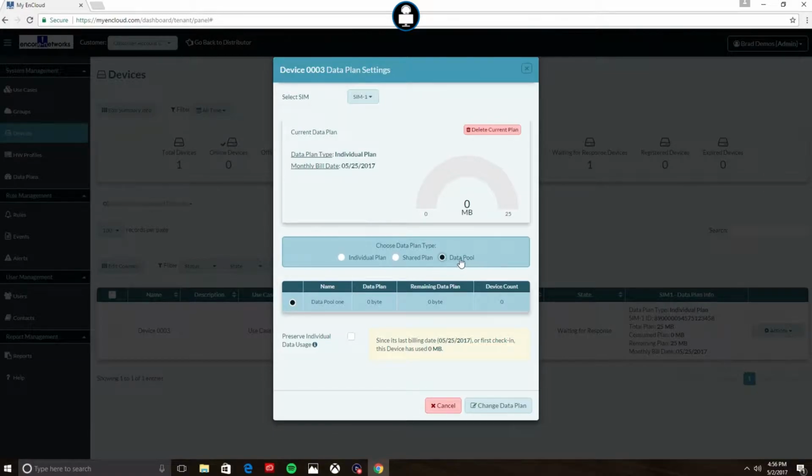So I simply select data pool. There's only one option available. If there was more than one, you'd have a radio button. And then I'm going to pick change data plan. Note the preserve individual data usage option. What this does is make sure that any usage used by the individual device is reflected in the data plan